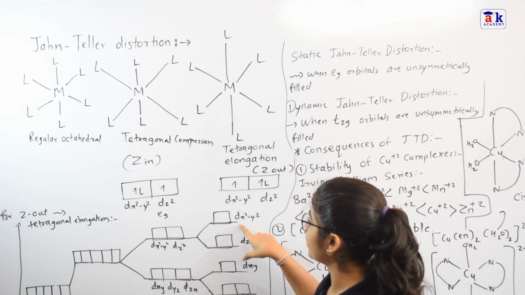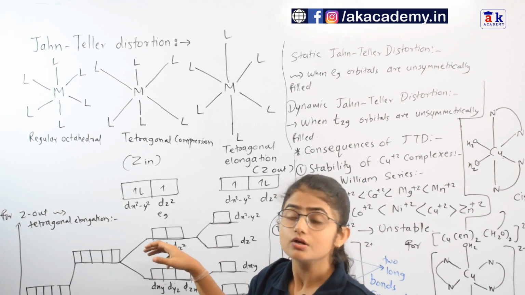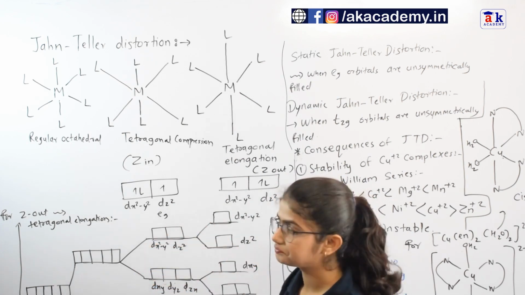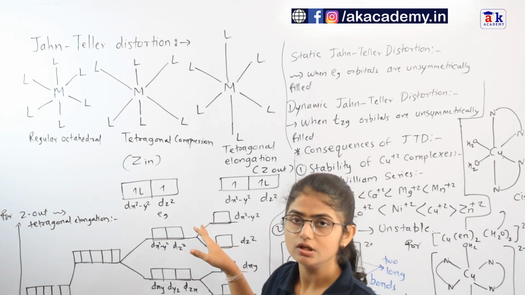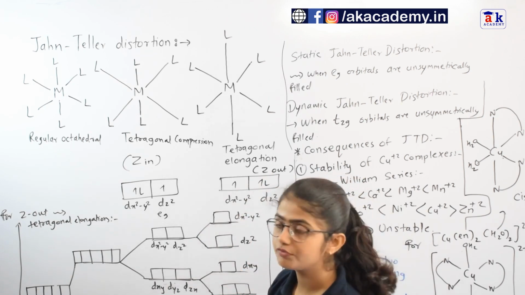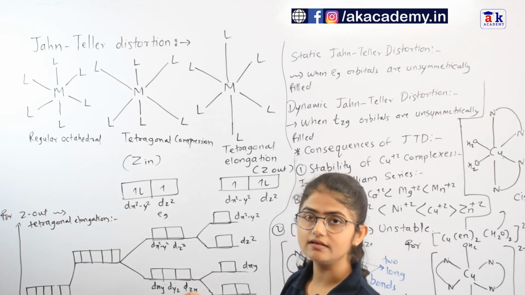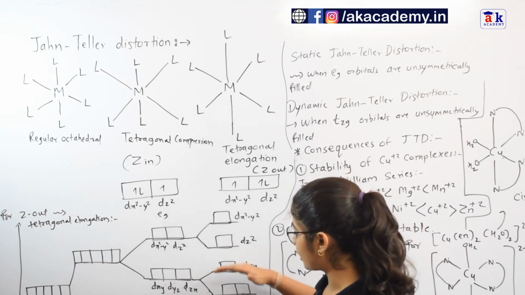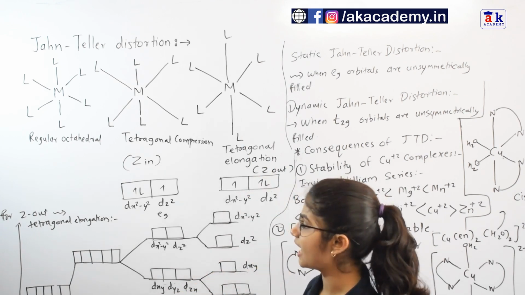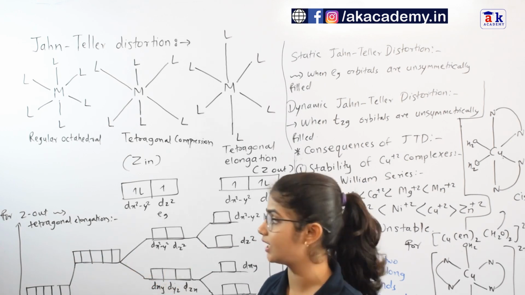So dx² − y² will have a higher energy, and this is how the Eg, previously doubly degenerate, has its degeneracy destroyed because of the Z-out situation. And in the case of the T2g orbitals, the orbitals containing the Z component, like the dyz and dzx orbitals, are again going to have a lower energy for the same reason, and the dxy orbital is going to have the higher energy.